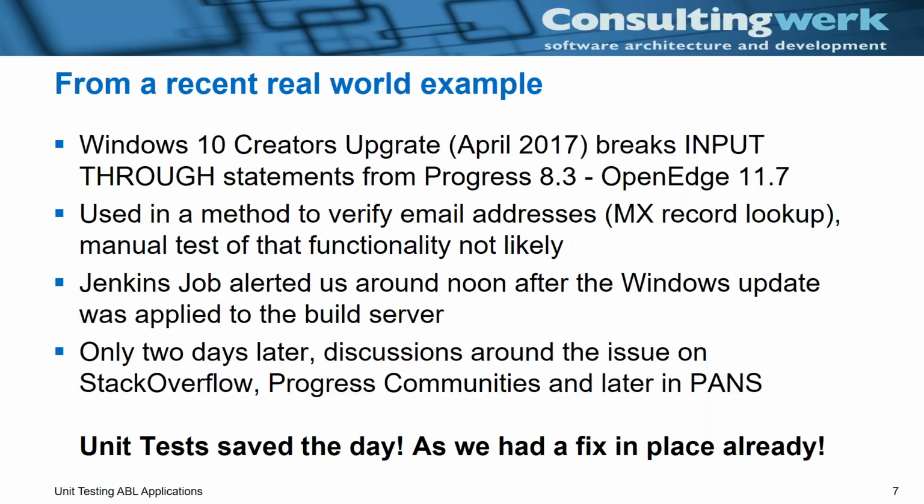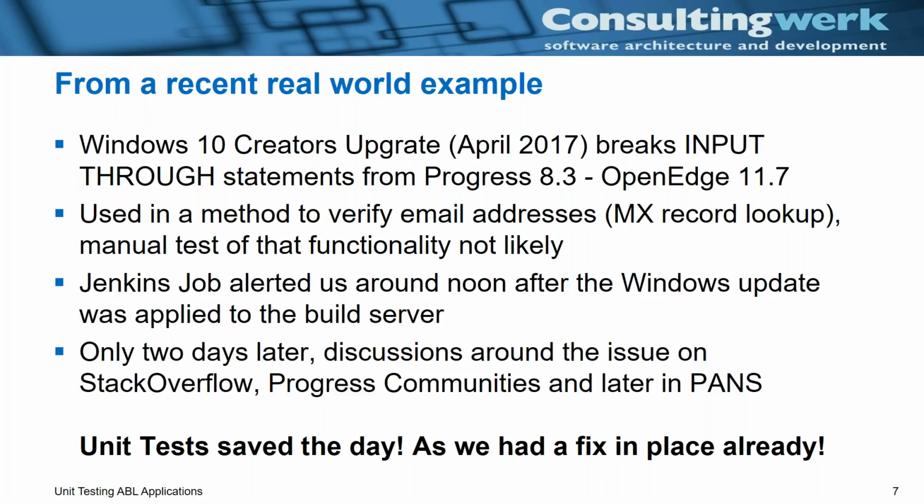So we execute our unit tests on the Jenkins continuous integration server. What James has just announced for the April Progress user group meeting is about continuous integration. Jenkins is a tool in that area which continuously executes unit tests and other SDLC related tasks. And so when we updated our Windows build server to the latest version of Windows, suddenly unit tests have failed. And to be honest, I'm pretty sure that up to today, nobody in our team would have